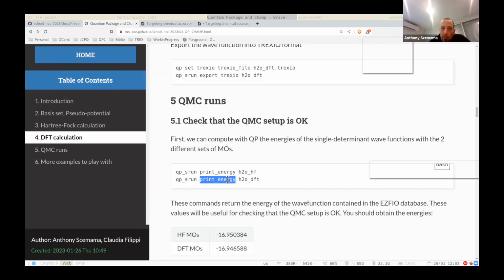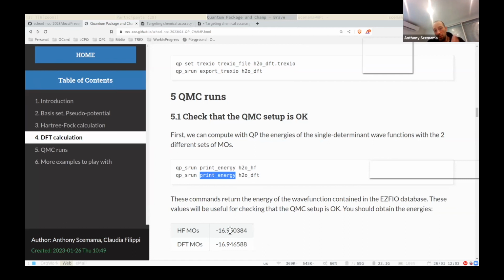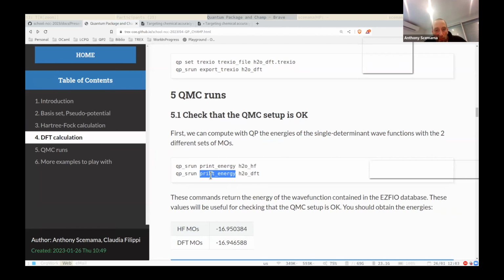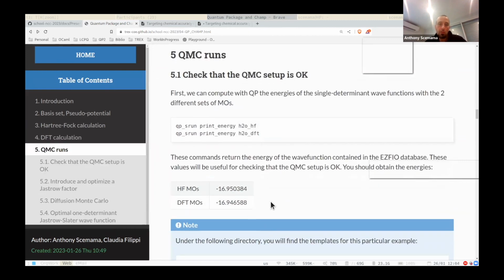So when you run the DFT calculation, you will get something which is lower, like minus 17.2, let's say. But if you want really to evaluate what's the energy that I will get with a real Hamiltonian using this determinant, the variational principle tells you that it should be higher than the Hartree-Fock, because it's another determinant, and Hartree-Fock is the optimal solution. So it should be something a little bit above. Okay, so this little program allows you to tell what the QMC calculation that you will run later on should give as an answer, just to check that everything is correct.